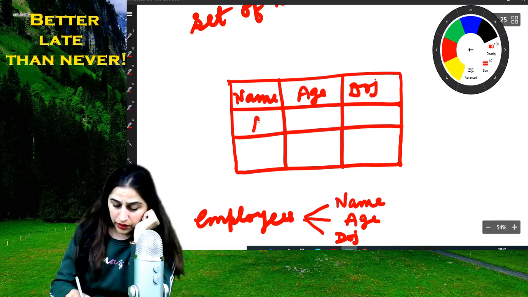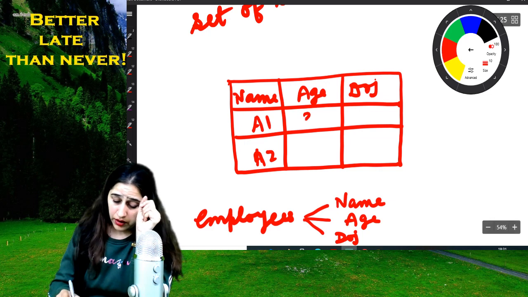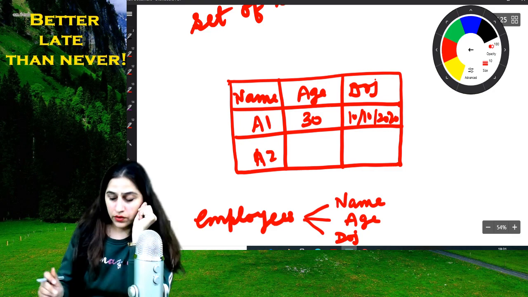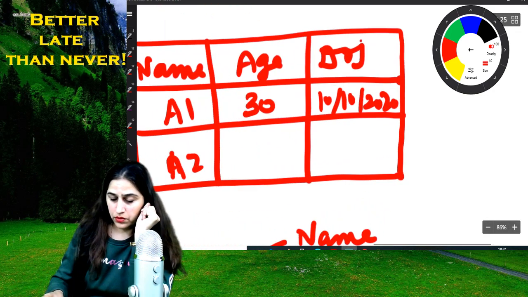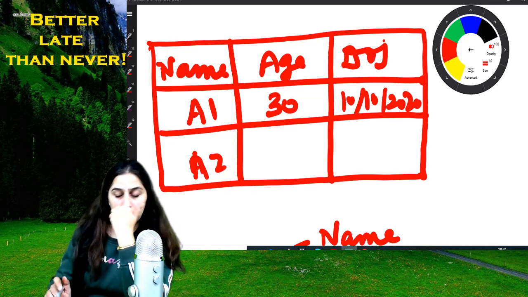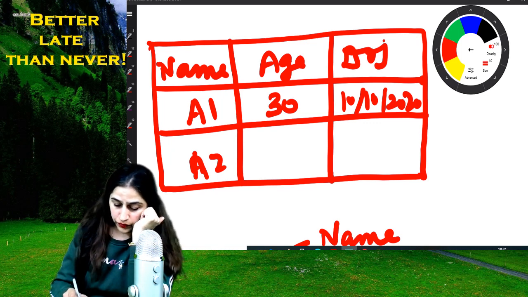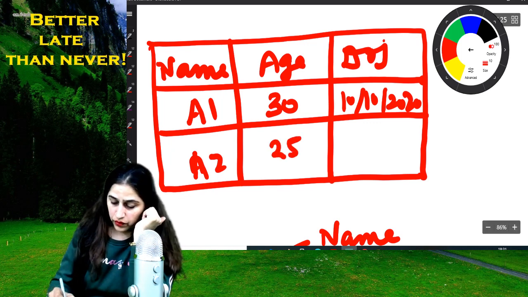Here I will write the detail of first employee, then second, and so on. Suppose the first employee has name A1, age 30, and date of joining is 10/10/2020, and A2 employee has age 25 and it has joined